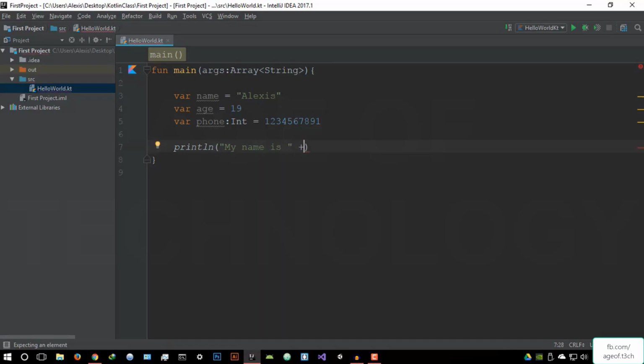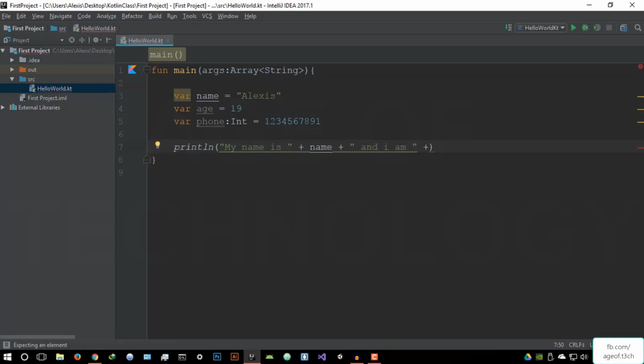Now this is a concatenation operator. This allows you to use, for example, a string like this, and you can then add it to a variable. So now we have said "my name is", and we're going to use the variable name, and we're going to use another concatenation operator, and we're going to open another pair of speech marks and give it a space and say "my name is". We've already said name, which will get the value of your name, and then we're going to say "and I am", give a space, use another